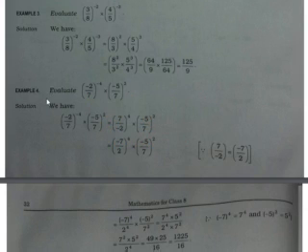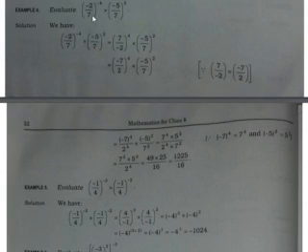Now if you will see example number 4, evaluate (-2/7) raised to the power -4 into (-5/7) raised to the power 2. So what happens? It becomes (-2/7) raised to the power -4 into (-5/7) raised to the power 2. So it becomes (7/-2) raised to the power 4, okay, and (-5/7) raised to the power 2. So it becomes what? Reciprocal. Why? Because there is minus, so -2 came down and 7 goes up. Now what we will do, you can see over here it has been solved. That is 7 by -2 is equal to -7 by 2.